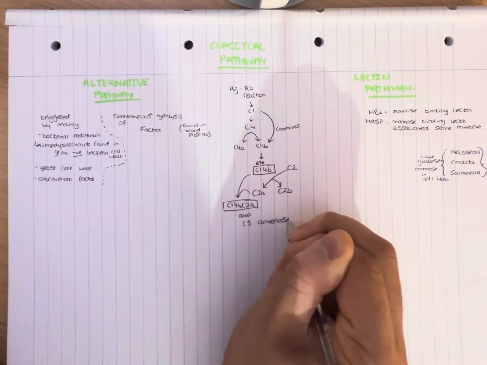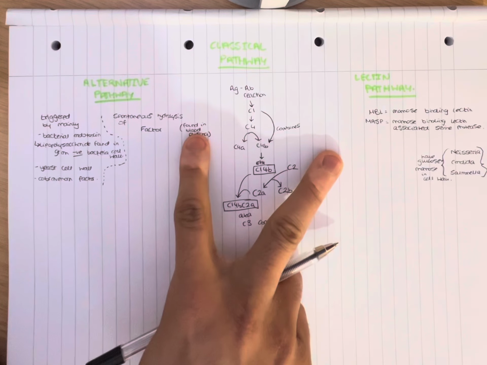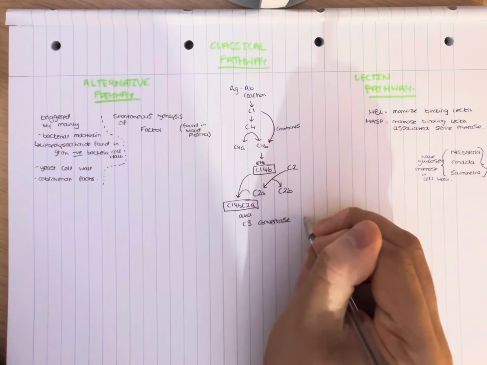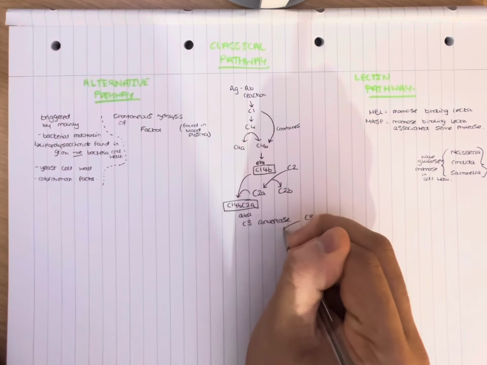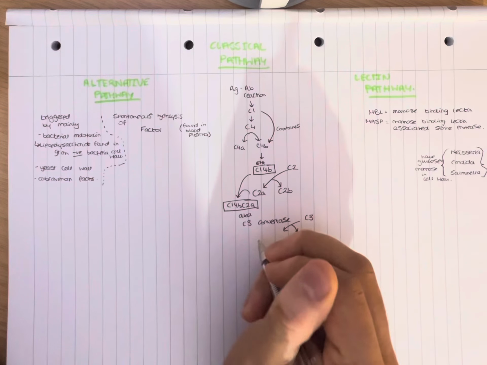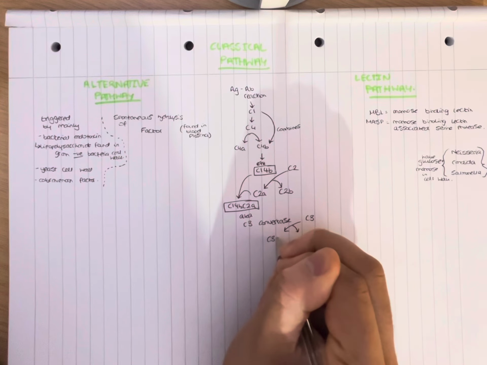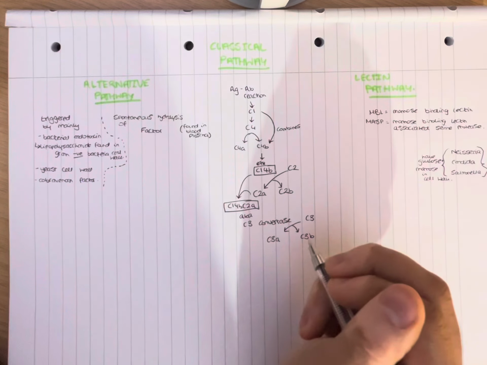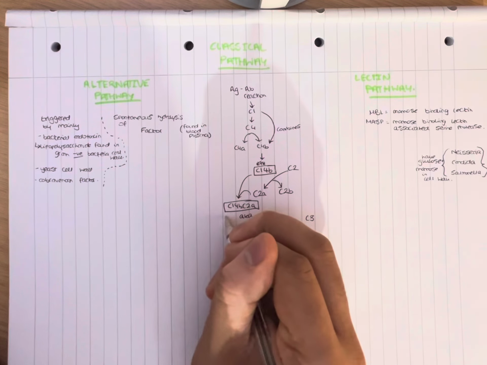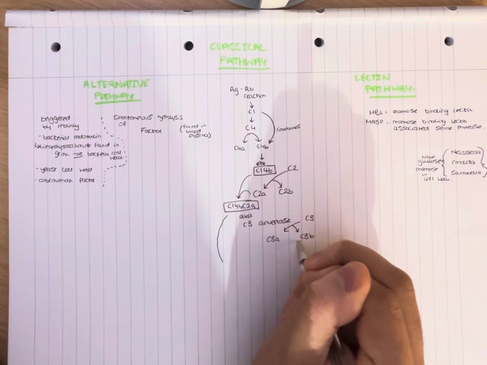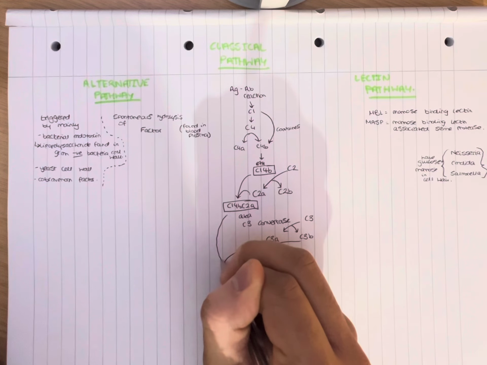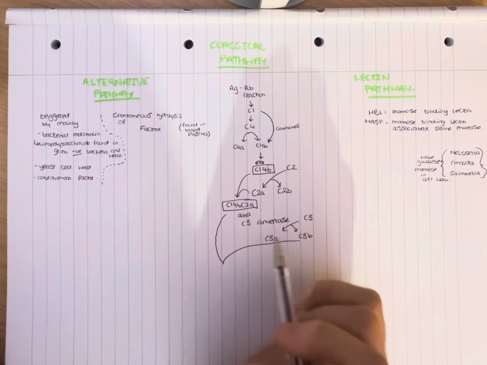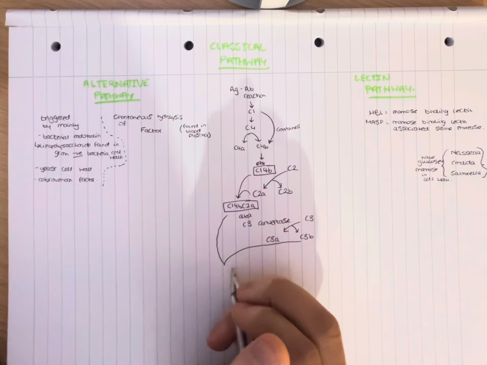Now this is going to be a massive reference point in terms of the other two pathways. Now C3 convertase would allow for C3 to split into C3A, C3B. Now C3B, this is an important part. C3B then would form along with our C3 convertase to form